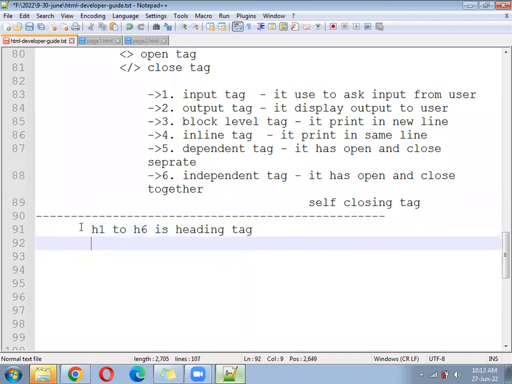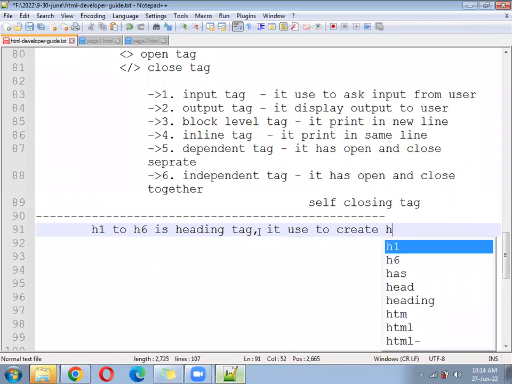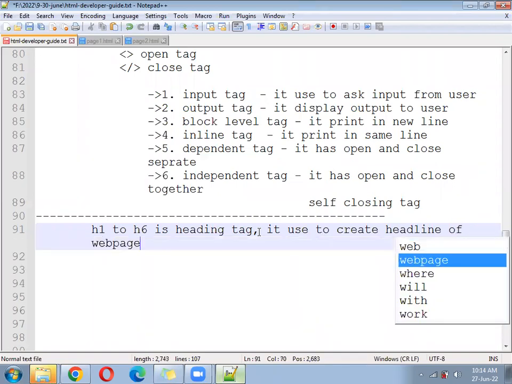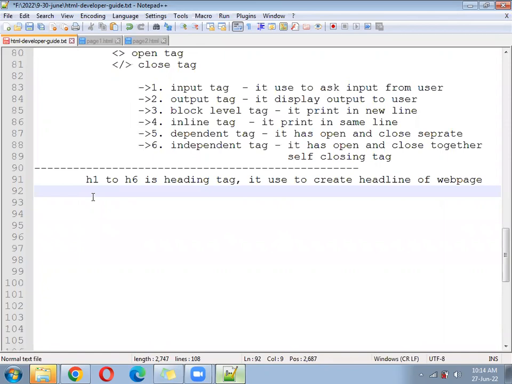It is used to create the headline of the web page. In a web page, whatever the heading should be, you are going to write using this tag. After that, in the note you will write: